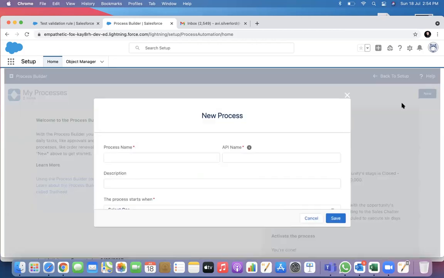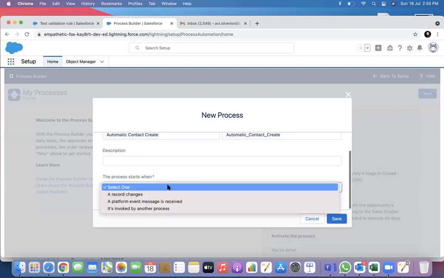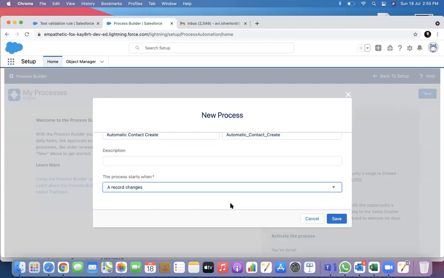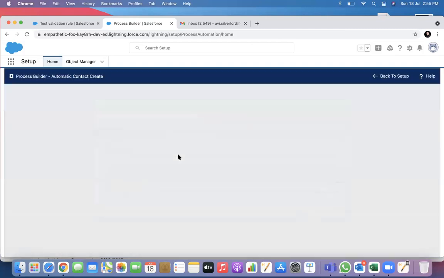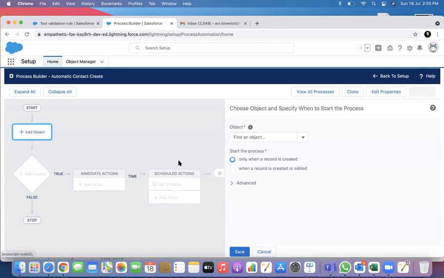New. I say automatic contact. That's my process, right? When will I do this change? When the record changes, right? Now this is my orchestrator. Here I have to select which object, which is account.